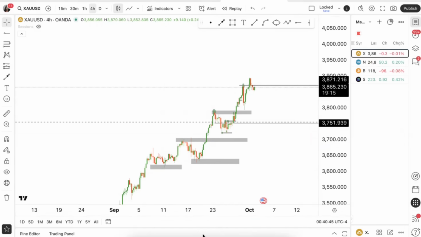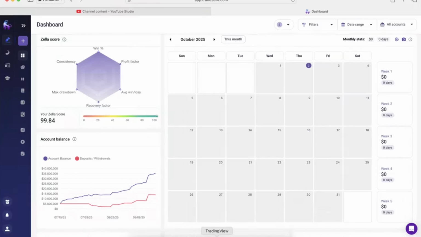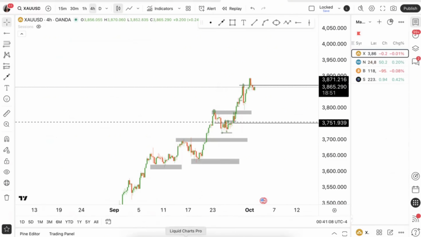I'm currently working on a video for you guys as well. This one is basically explaining market structure, a little bit on entries, mostly market structure so you can understand. We're going to touch on that for the next 3, 4 videos. Market structure, market structure, market structure, because this is going to help with your entries. And let's go back here.